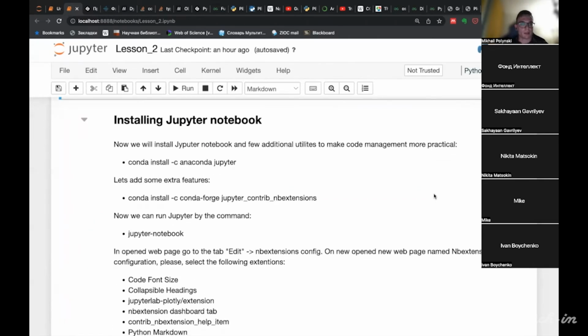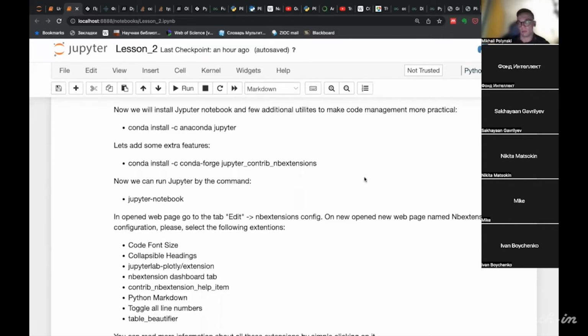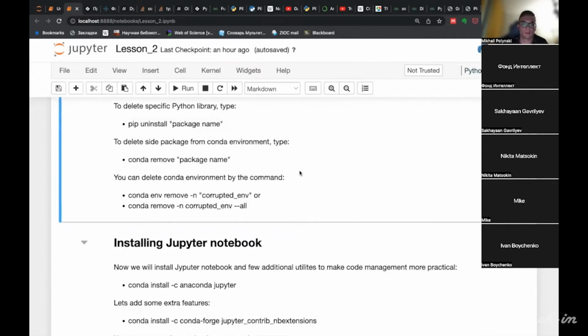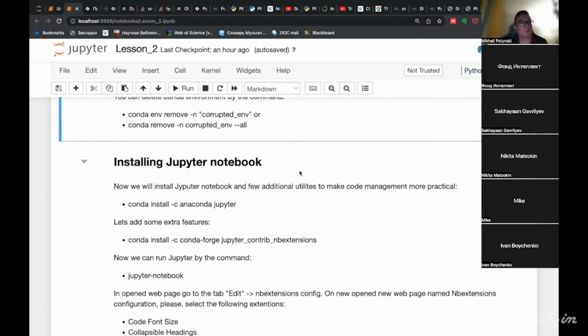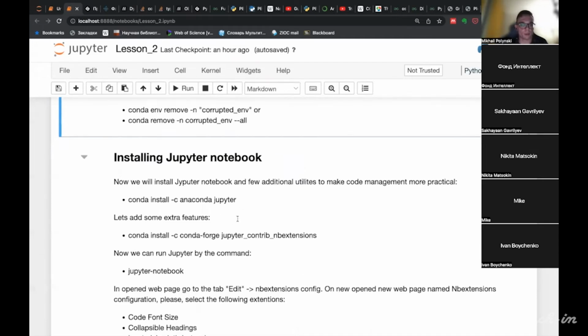So next, of course, we should install Jupyter Notebook. By default, it is installed in the graphic installer. However, when you create a new environment manually, you will have to install Jupyter Notebook.